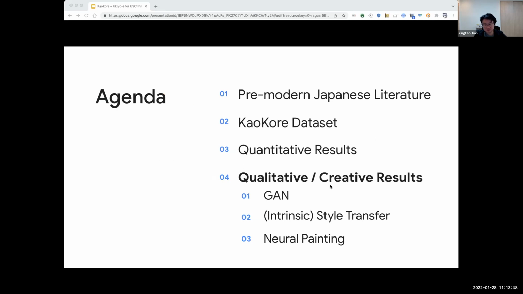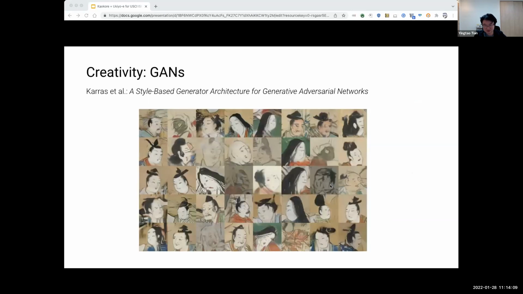Maybe more importantly, since the KaoKore dataset itself is based on artworks, we want to investigate its creativity applications. In this sense, we want to see if humanities researchers can find a novel way of engaging this dataset artistically. A good way to do that is to use a well-performing generative model. What we first explored is the generative adversarial network, or GAN, which has been successful in synthesizing high quality images. In this task, we leverage StyleGAN, which was one of the state-of-the-art GANs